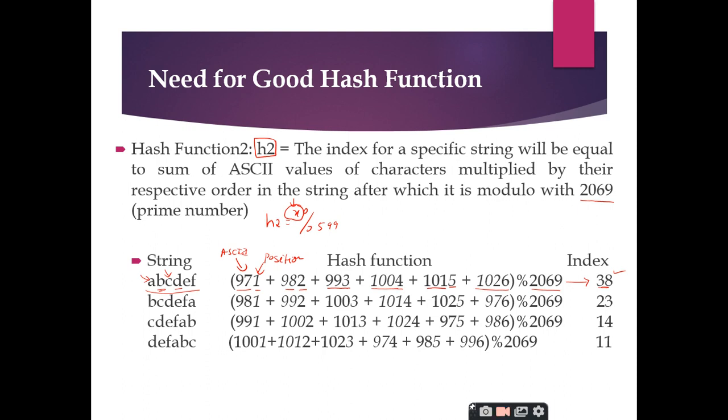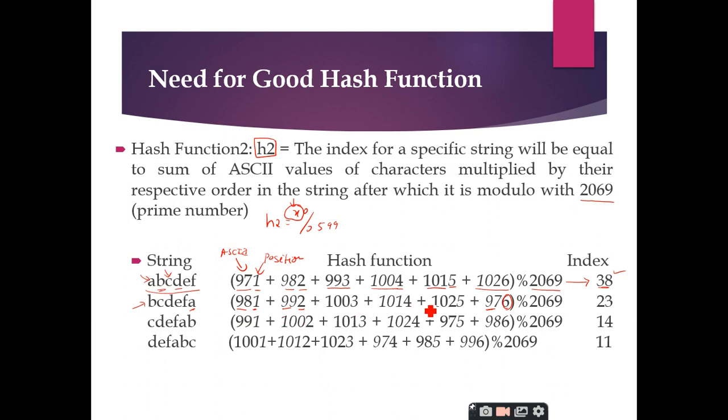Yes, sir. Now coming to the second string, it is B, C, D, E, F, A. Now you can observe here that B is having an equivalent number of 98 combined with its position number 1. So it becomes 981. Similarly, C is combined with 9, its position 2, and it becomes 992. So if you observe this A, it is kept at the last position, that is it is occupying the sixth position. Therefore, when I combine it with the ASCII values, I am getting it as 976. Now I get different values from that of the previous string. Am I right or not?